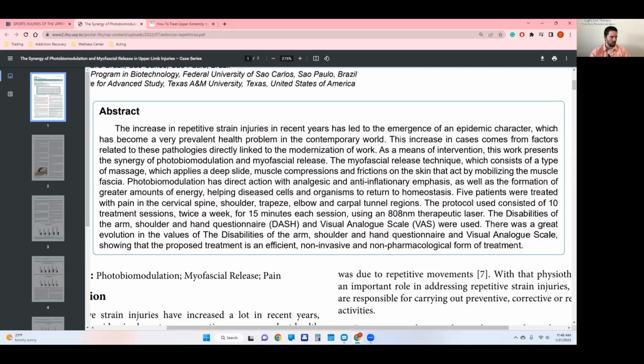Five patients were treated with pain in the cervical spine, shoulder, trapezius, elbow, and carpal tunnel regions. The protocol used consisted of 10 treatment sessions. So we typically say a course is 12, and it typically takes 6 sessions before you notice a difference. So it just takes time. I go over that in every one of our podcasts. It just takes time. Twice a week for 15 minutes each session using an